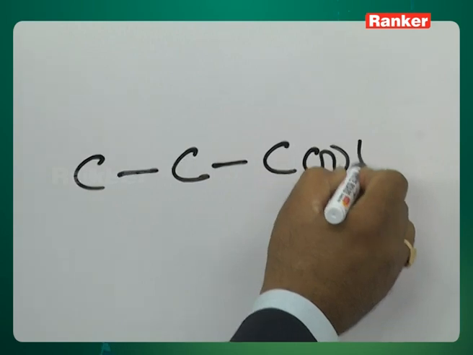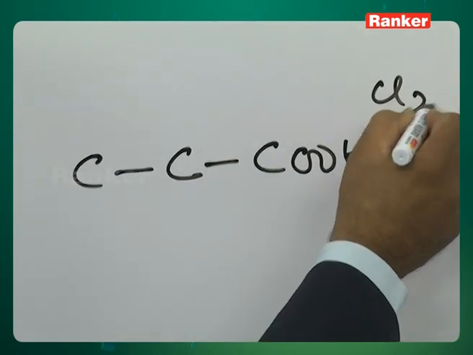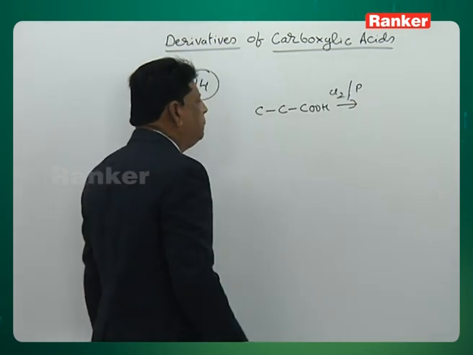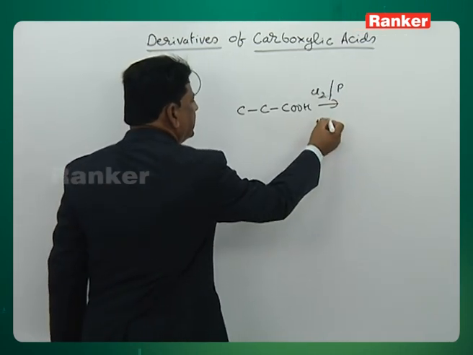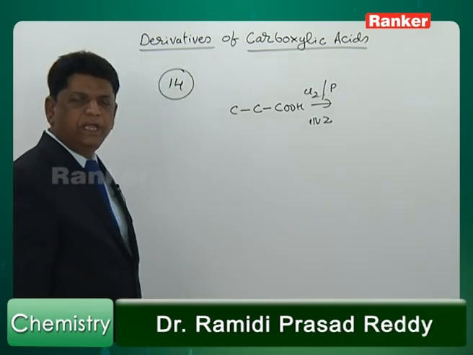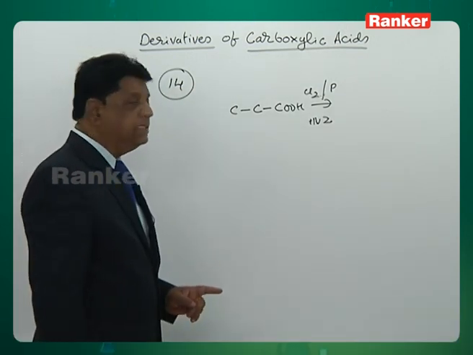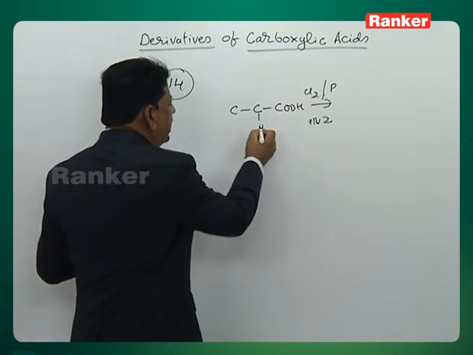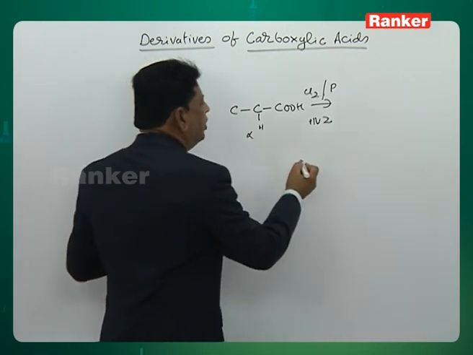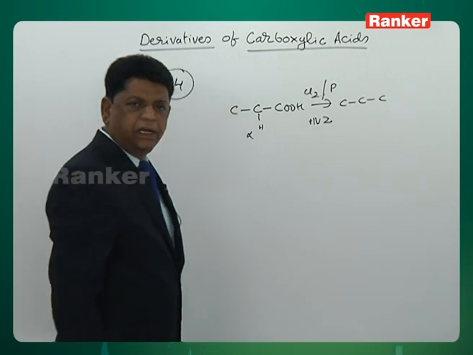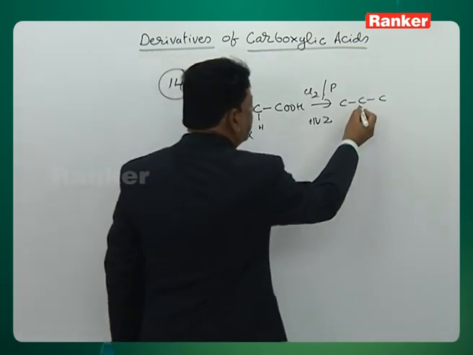Here the compound is propanoic acid treated with the chlorine and the phosphorus. This is called an HVZ reaction, in which alpha halogenation takes place. It is known as the Hell-Volhard-Zelinsky reaction. In this reaction, one of the alpha hydrogens gets halogenated. So, the reaction becomes an alpha chlorination, which takes place at the alpha carbon,